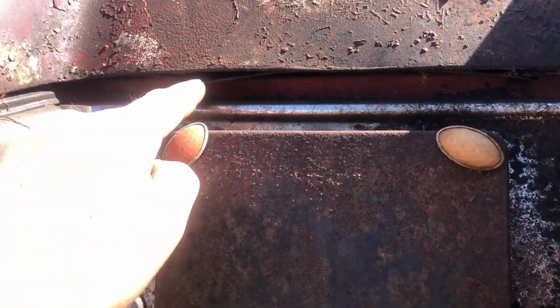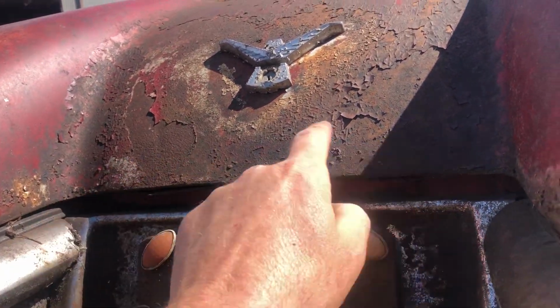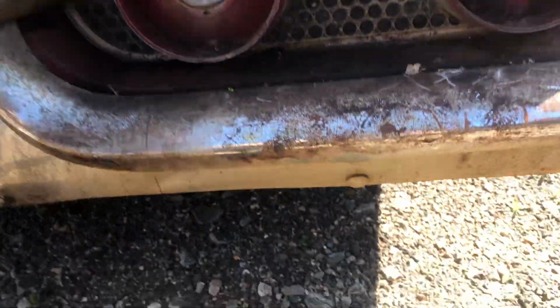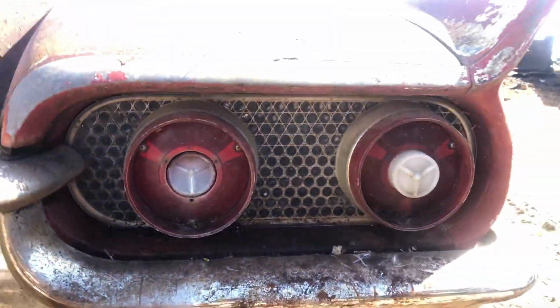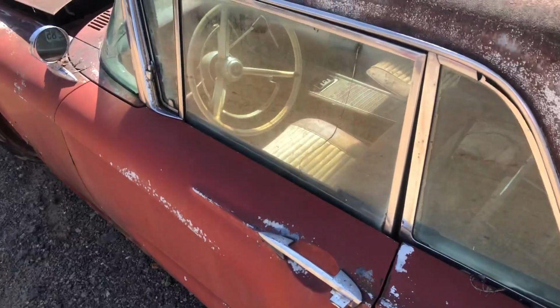The trunk is obviously rusted. The bottom of the lip is really soft, so this is all gone underneath there. The bottom of the trunk pan is also gone. You can see the spare tire is trying to peek its way through, and it looks like it's the original spare underneath there too, which is really cool. It'd be nice to get in this trunk to check it out, but let's take a look inside